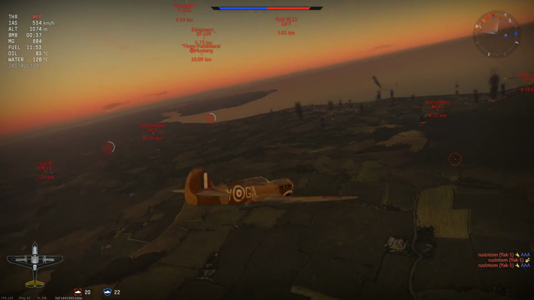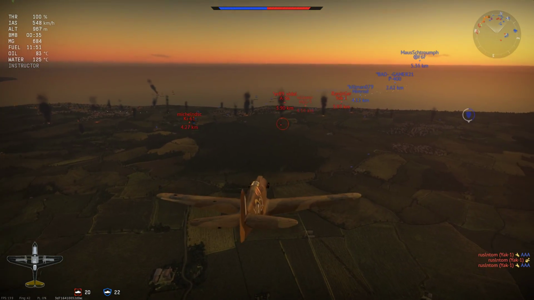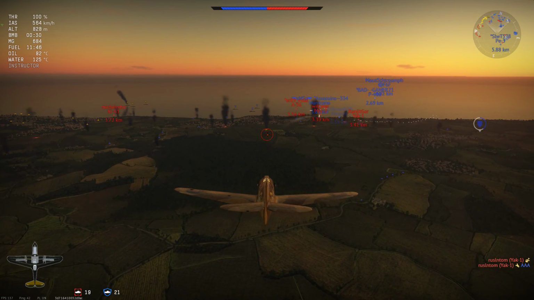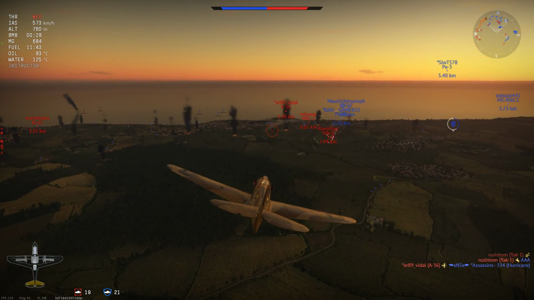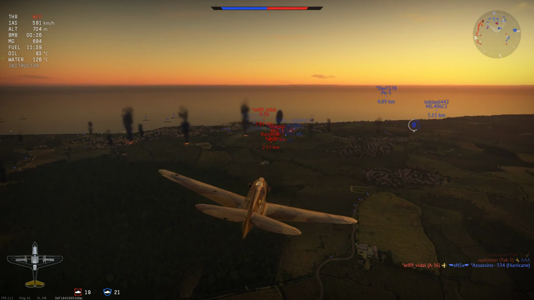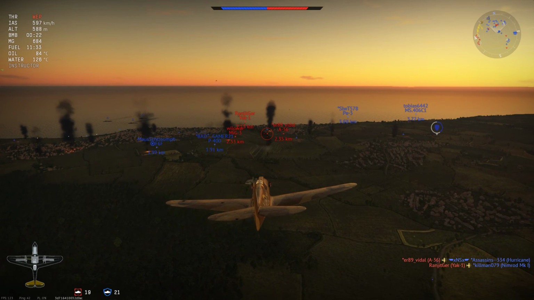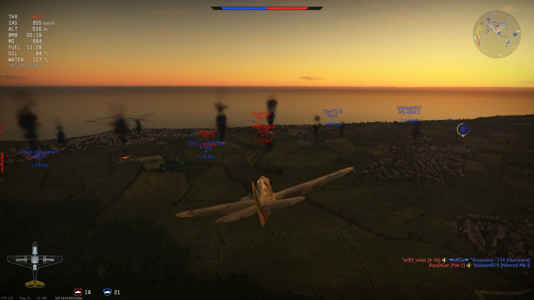So use WASD to kind of roll and pitch. Well, W and S is to control your throttle, and if you hold W, you have WEP, which I believe stands for War Emergency Power, but I'm not too quite sure on the fundamentals of how that works. But let's take a...